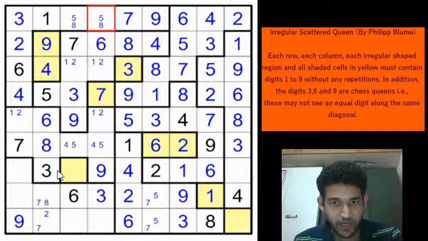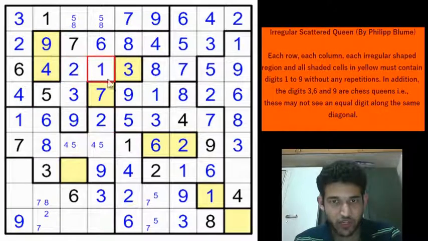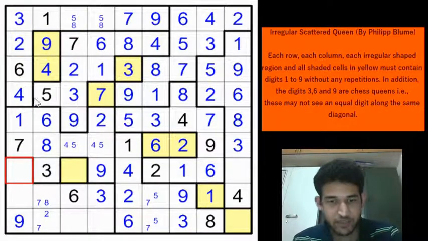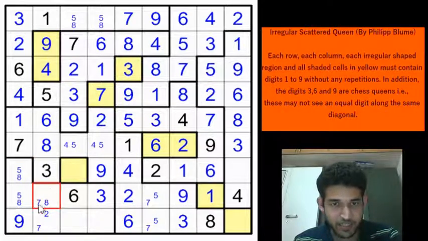Alright. And we have a 2 here, so we get a 1 here. That gives a 2 here, a 2 here and a 1 here. And along column 1, remaining digits are 5 and 8, right? 1, 7, 9, 4, 2, 3, 6 have been placed. Remaining digits are 5 and 8. We can just mark the candidates. This will be 5 and 8. And that eliminates the 8 from this cell.